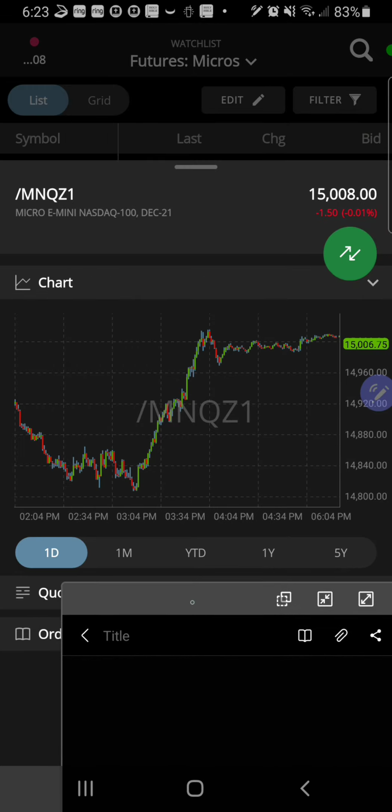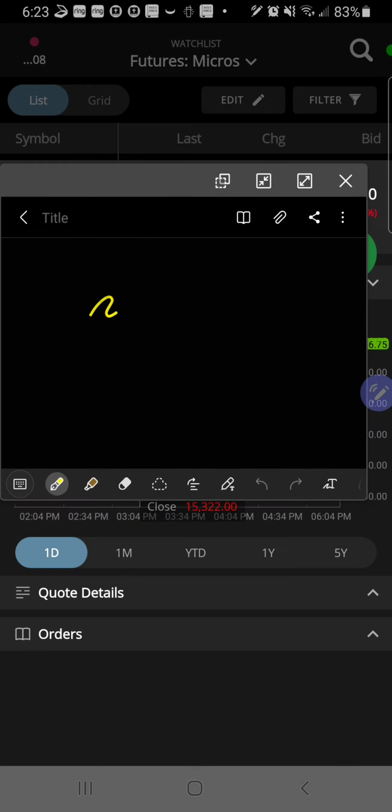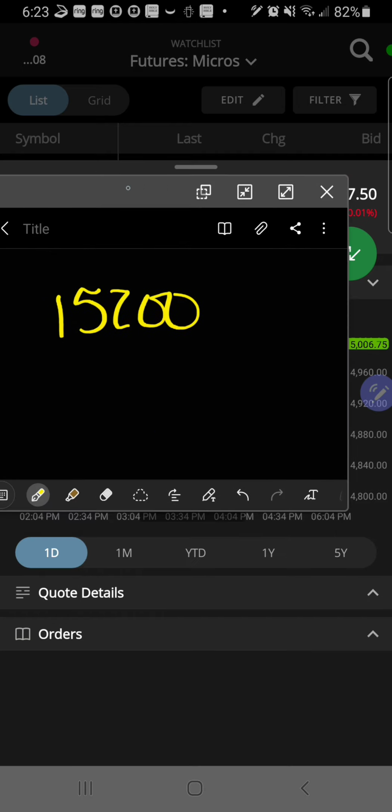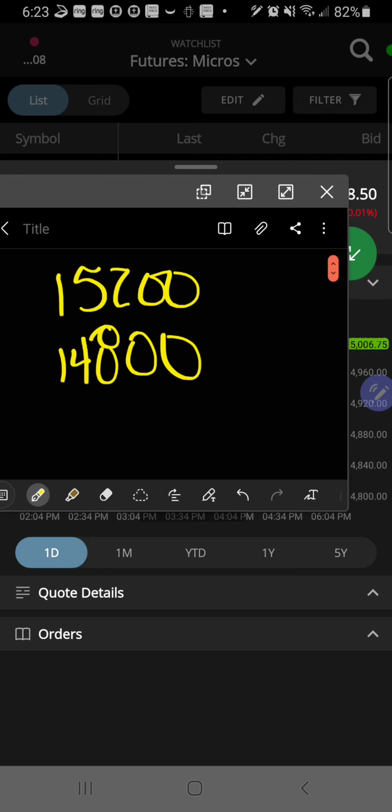And it's up right now since the close yesterday. But as you know, let's say it started at about 15,200 and it went down as low as, I want to say, 14,800. It was about a 400-point move. But I'm rounding these numbers, guys. These aren't exact. You can go ahead and look at a chart and you'll be able to see exactly what those numbers are. So let's say you don't actually know just how far down it's going to go. You just know that the other week this NASDAQ was at 15,500 and you feel like it's a good deal.